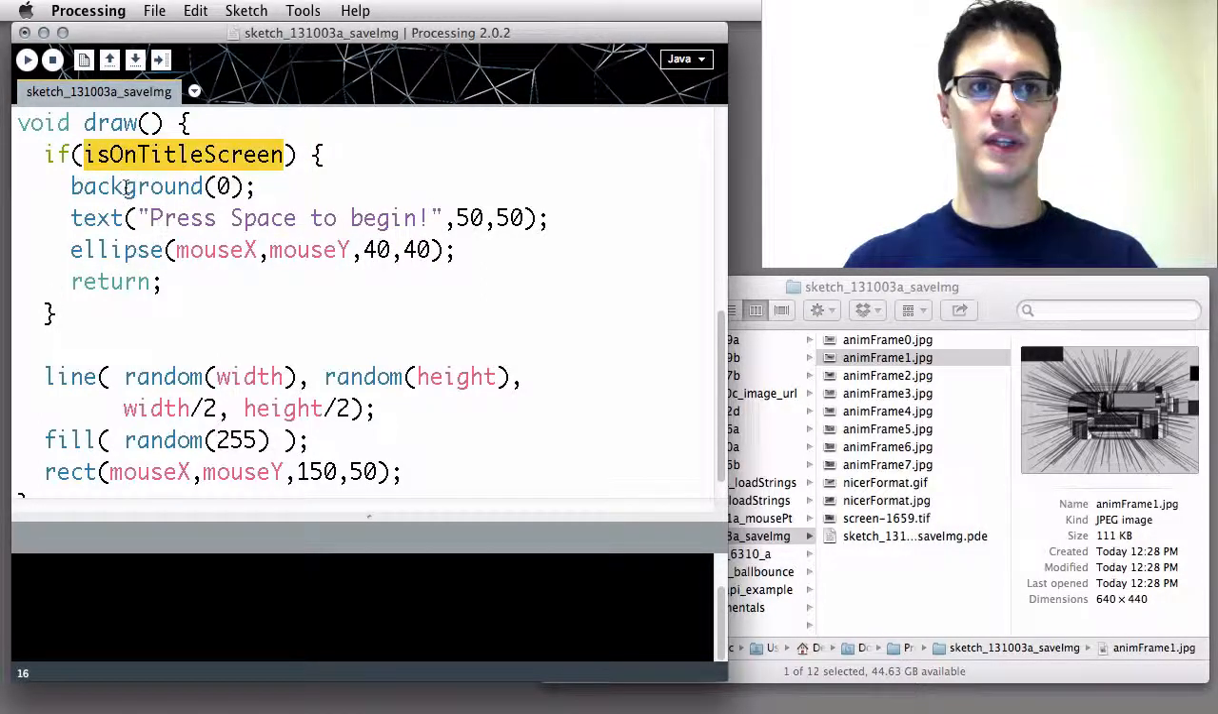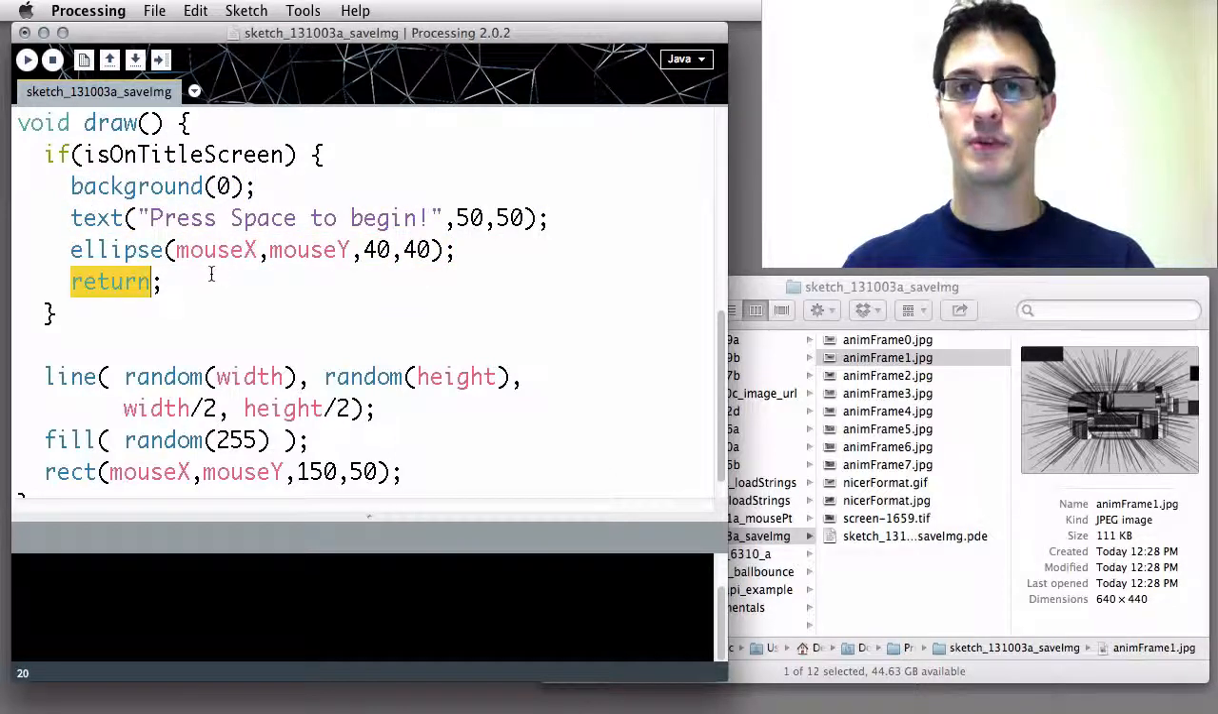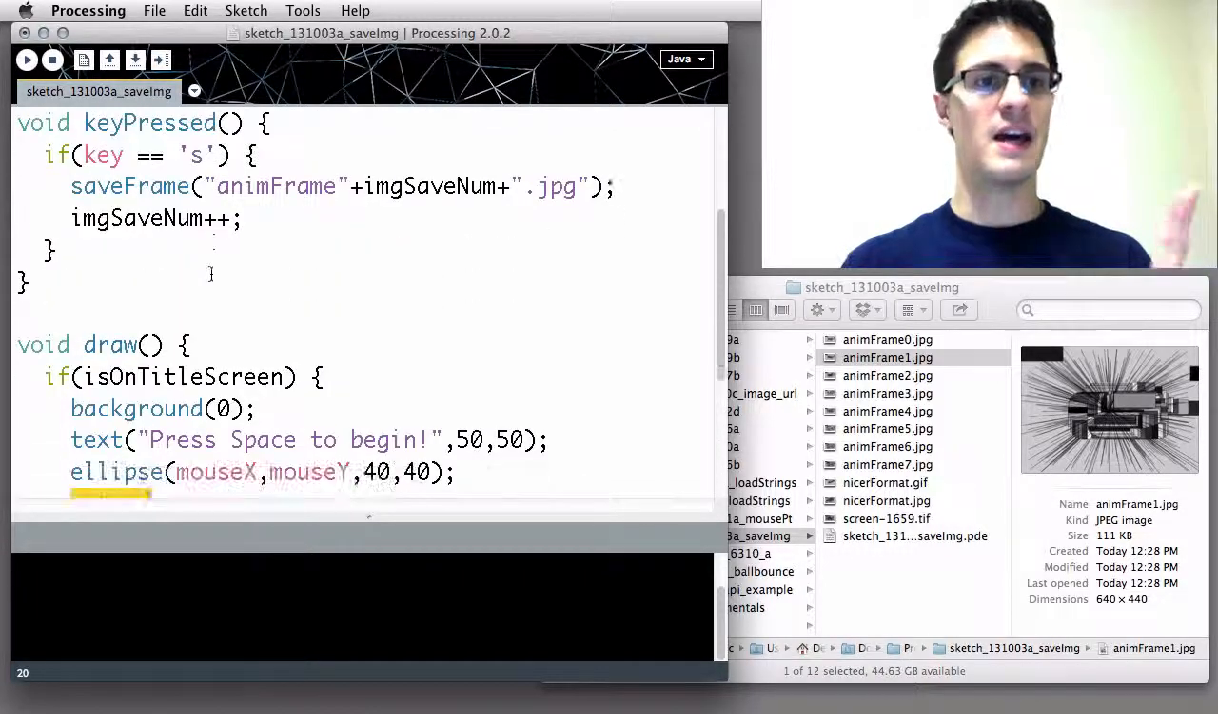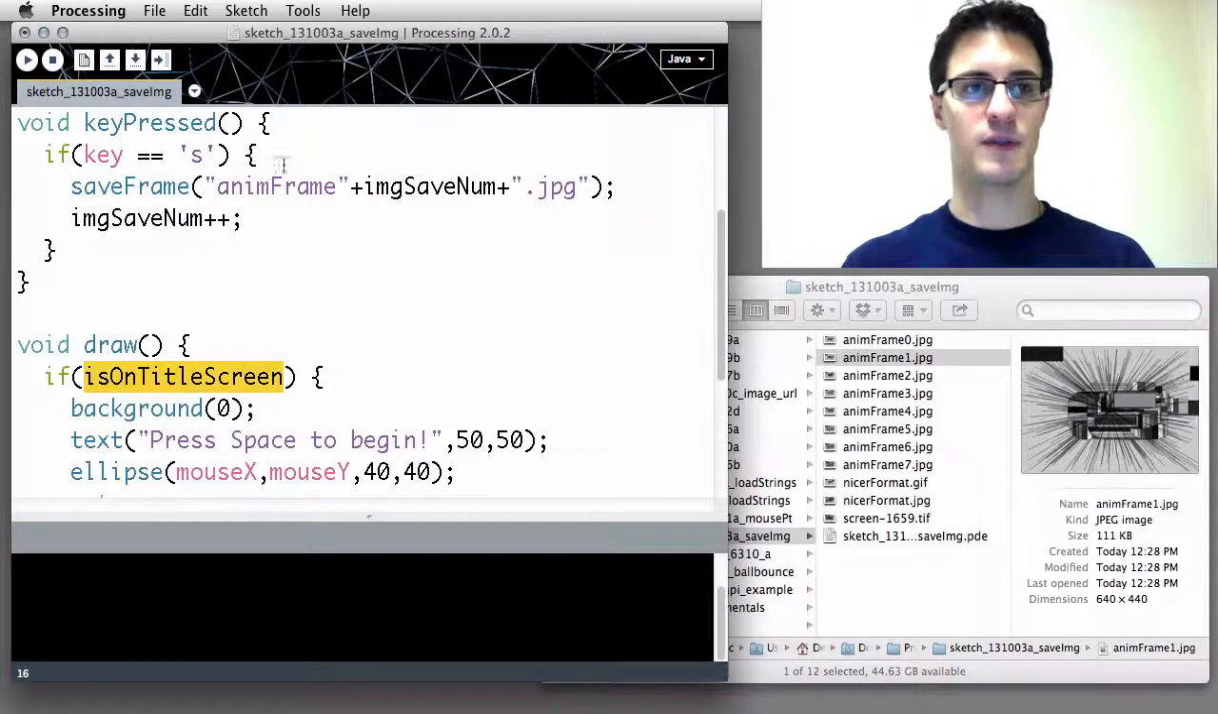So if we're on the title screen, then it's going to clear the background to black. It's going to print some text. It's going to draw an ellipse under the mouse, and it's going to stop the draw function before it reaches the rest. We still need a way to escape the title screen though, and so we're going to go back